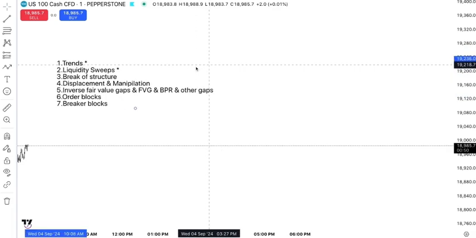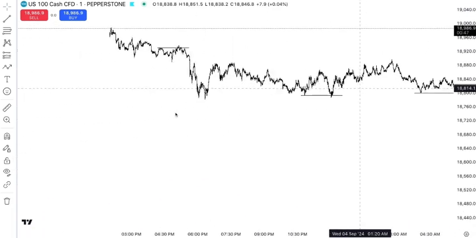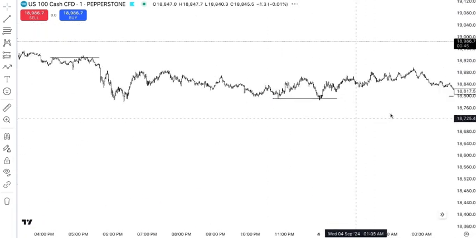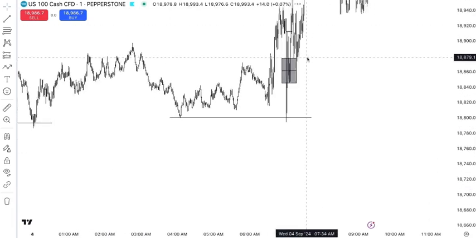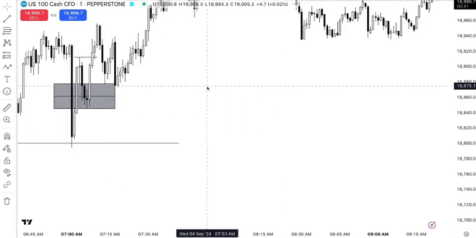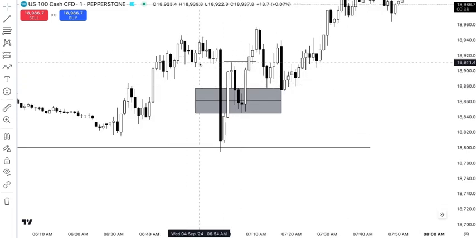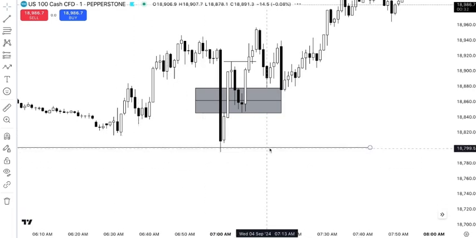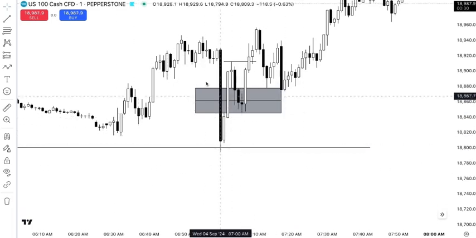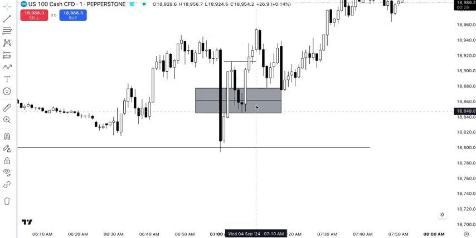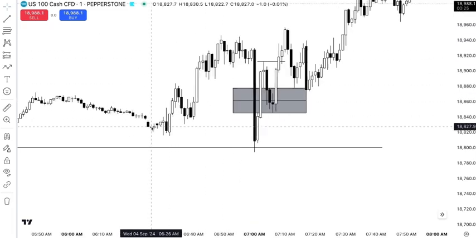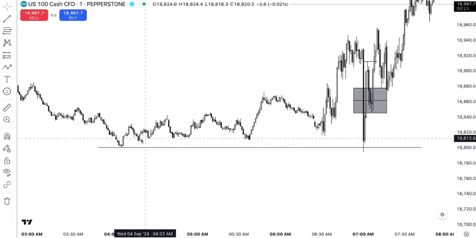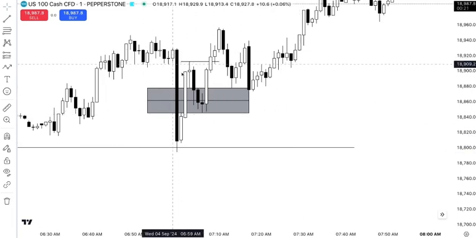Okay, let's go over some examples on the market. So let's see, we can go over today's example. So right here we broke structure to the downside. It was a huge break of structure. We swept all of this liquidity. So as soon as we have a break of structure, we have to consider that it's going to a higher low. So this one came to these lows right here,